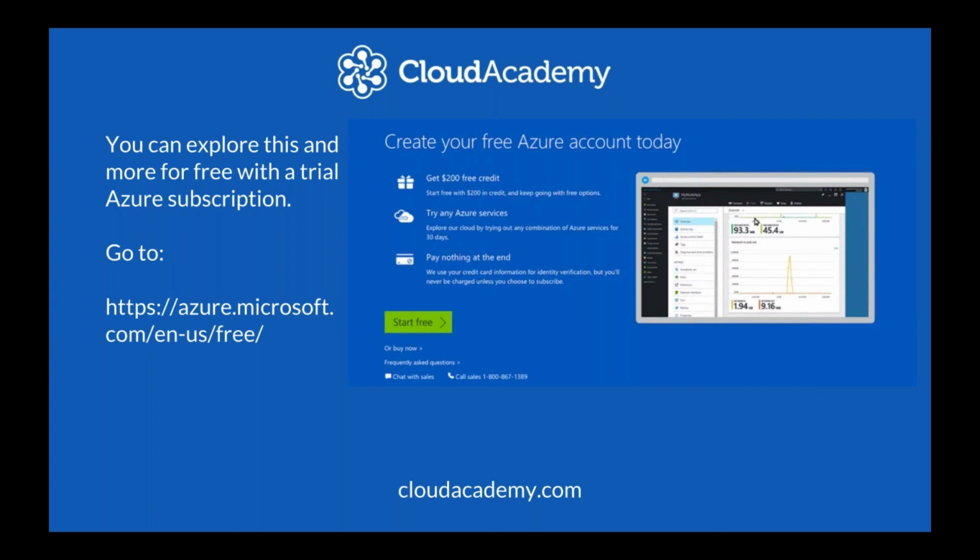As you can see, there's the URL. We're going to Microsoft's website for signing up for a free account. You get a $200 credit, and of course you also will get, I found, a phone call from Microsoft asking you what you need, which is actually quite nice. They are working very hard to encourage people, regardless of the size of the organization.